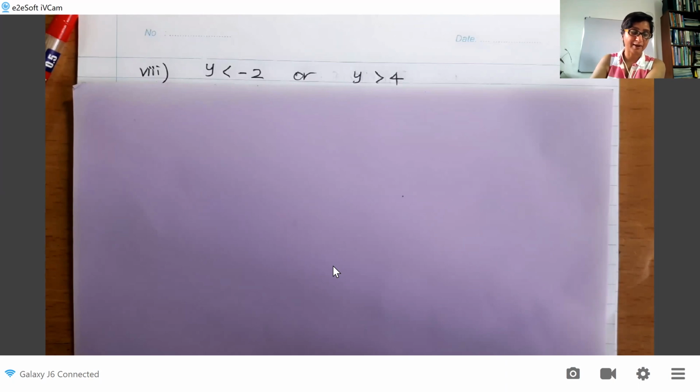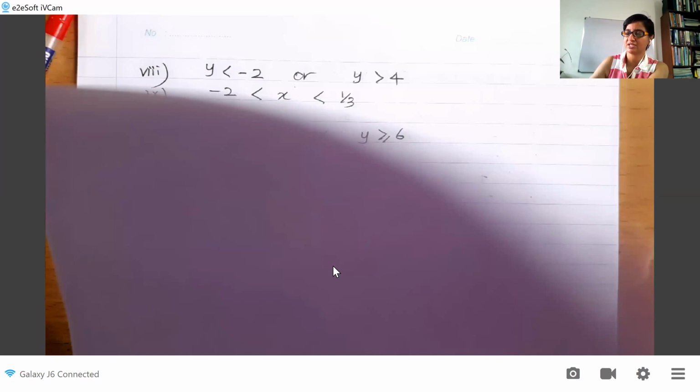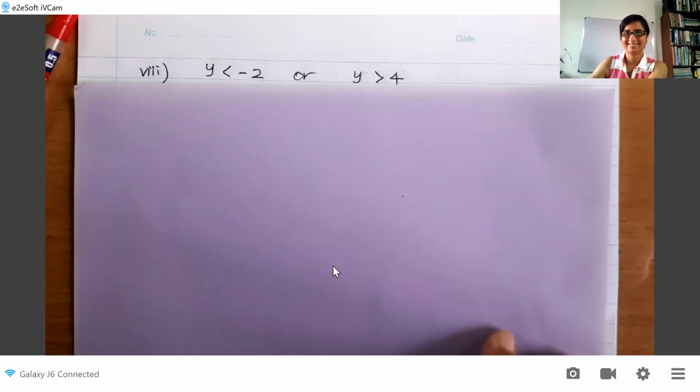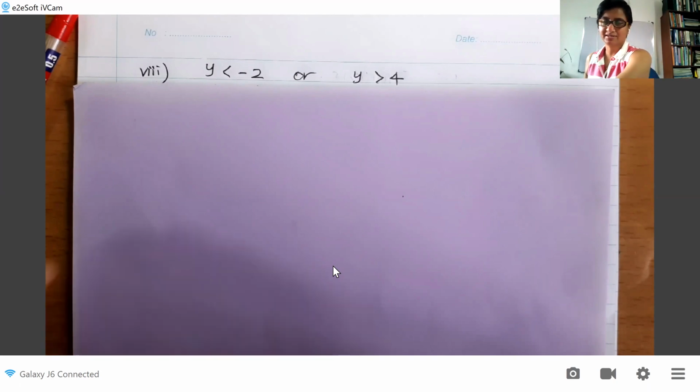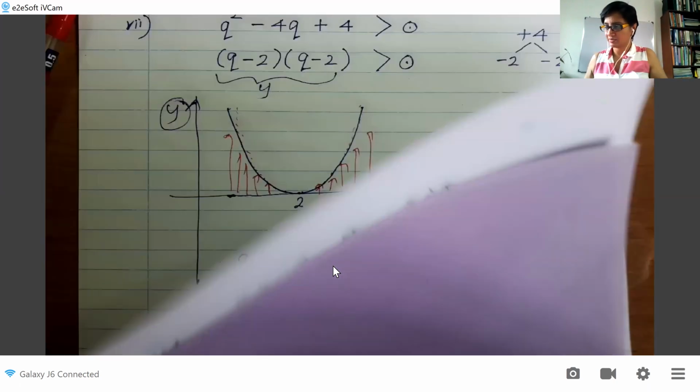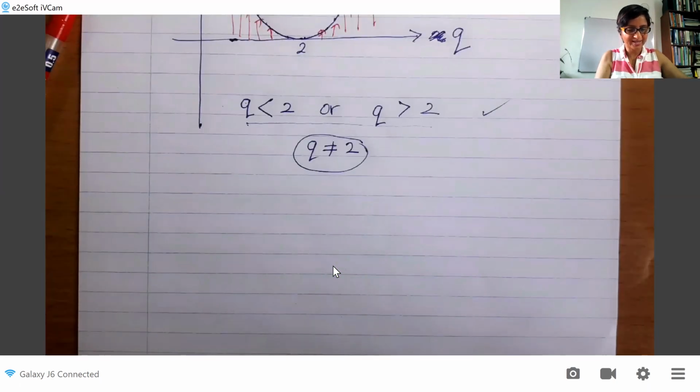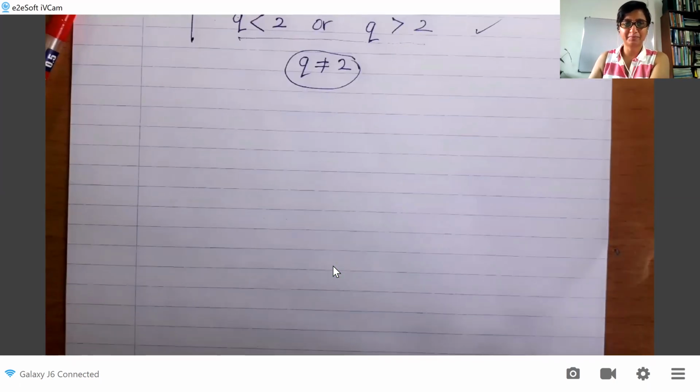Can I ask you something? You would only be able to answer what I'm going to ask now if you have 100% understood how we use this graphical sketch of the parabola to answer our inequality. If you have 100% understood that, you can answer what I'm just about to ask you. Can I ask you that? It's a little challenging question, but let me go back to this. Now, that 8, what you have in part 8,